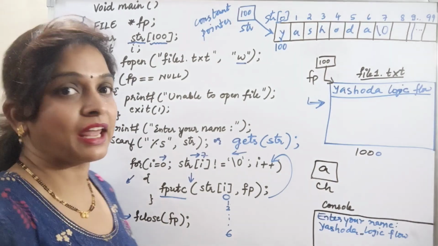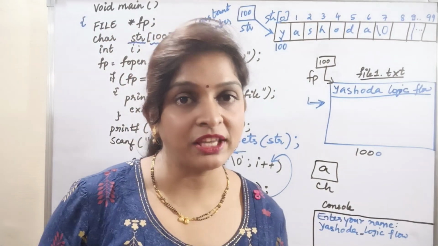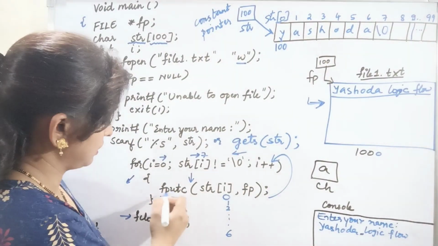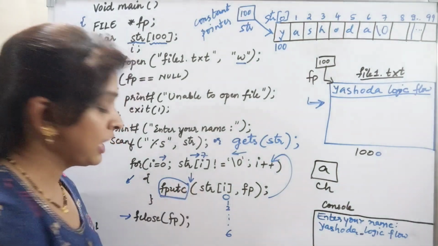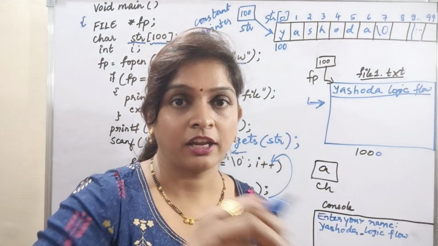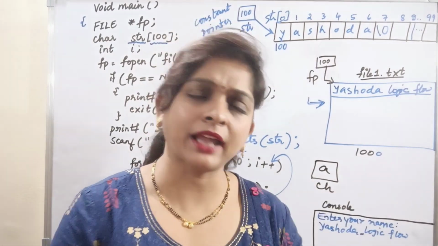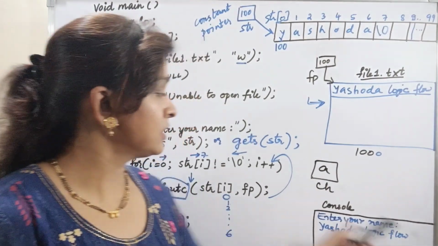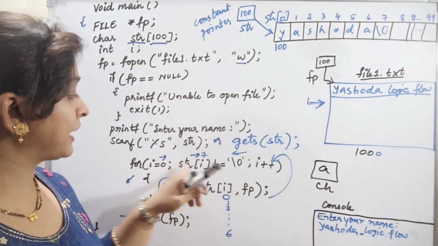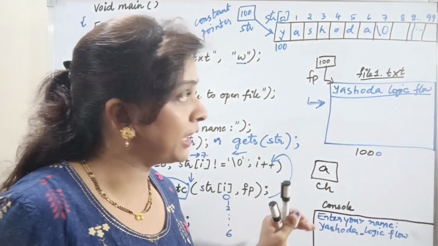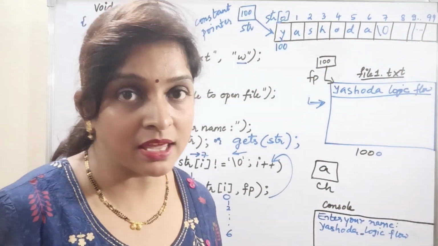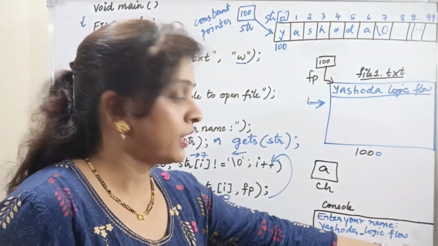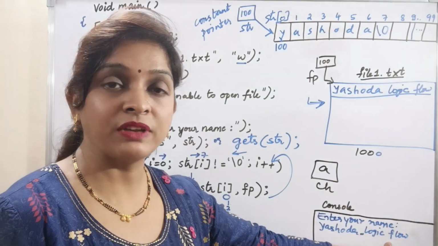So this is how we write the data into the file using fputc. Using fputc, we put the character into the file, character by character. It can be a single character that we put into the file, or if I want to accept a sequence of characters, I can accept that, and through a loop I can write that data to the file character by character. So it is YASHODA, everything up to flow including space will be written into the file